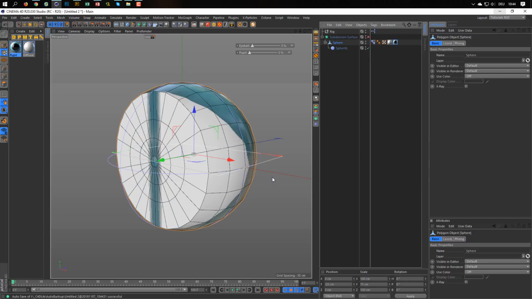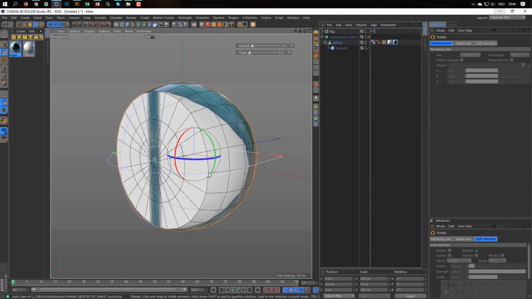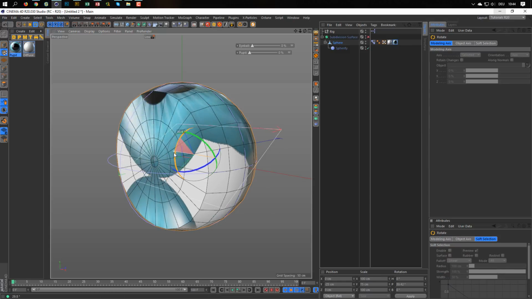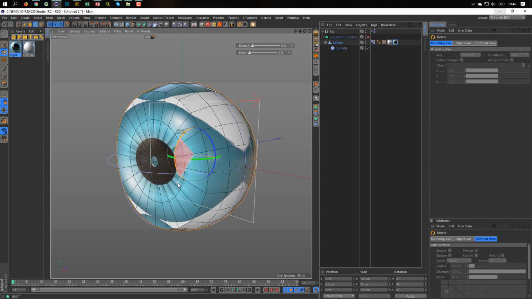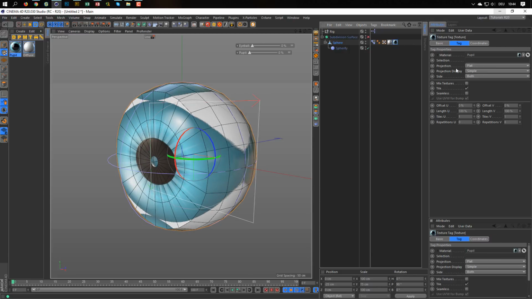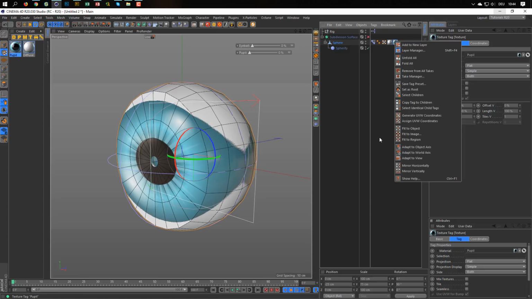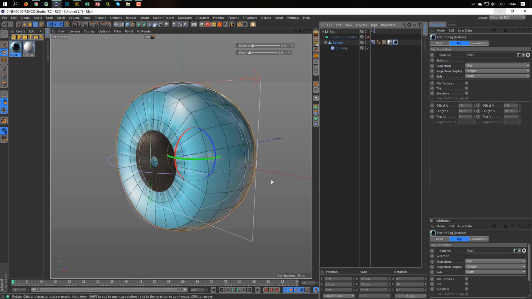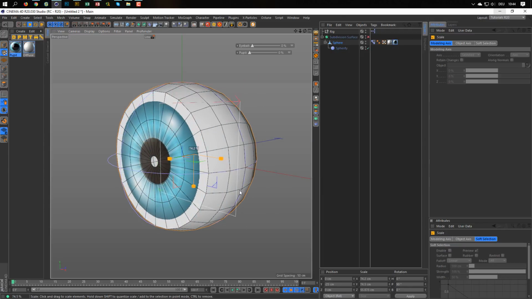Now R for rotate, and I rotate just the texture. I don't want a tile here, so bye bye with the tile. Now I can simply make the texture here. Let's see, fit to object again, yeah. And now T for scale, and I just scale the texture down here.